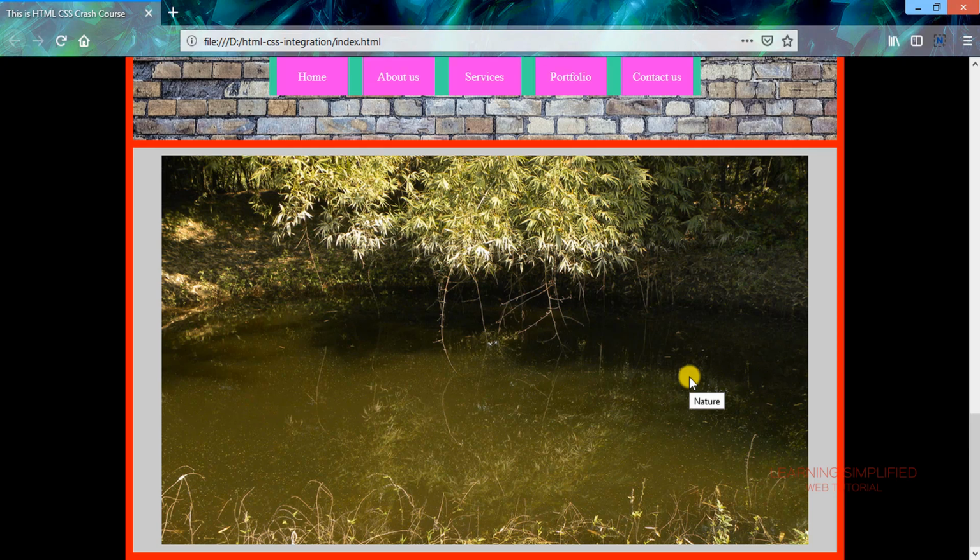But in case of an image source, we can define this particular dimension anywhere, either in the index.html page or any HTML page where we are practically using this image, or we can define that particular dimension in the CSS page of that concerning parent div. So this is the thing.